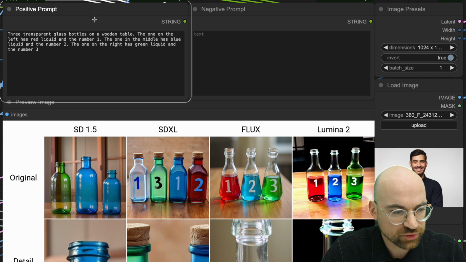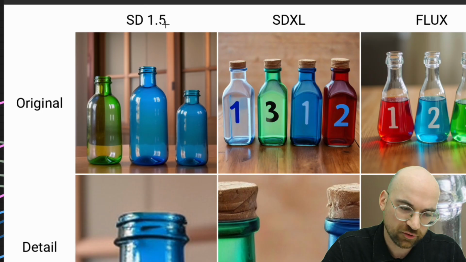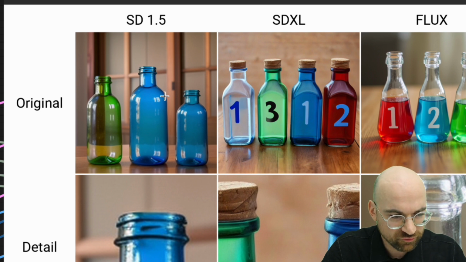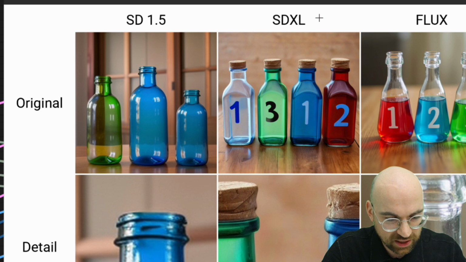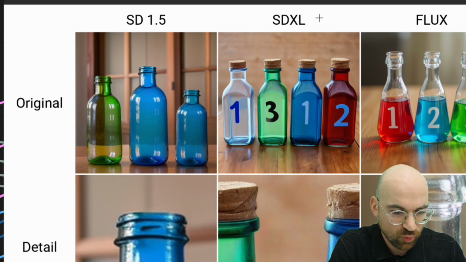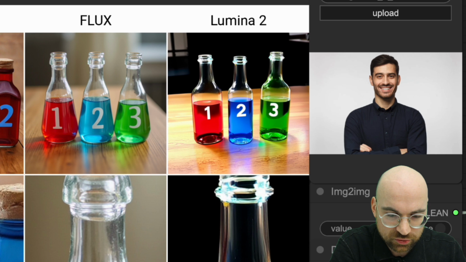So now that it has finished generating, let's look at these images. 1.5 completely misses the prompt. We have transparent bottles, one is green and one is blue. There are 3 bottles, that is right, but they have no liquids in them, and neither do they have any numbers. SDXL has the numbers and also all the colors in the prompt, but it is not really an understanding of the prompt whatsoever. While Flux and also Lumina 2 do a really good job here, especially with the liquids